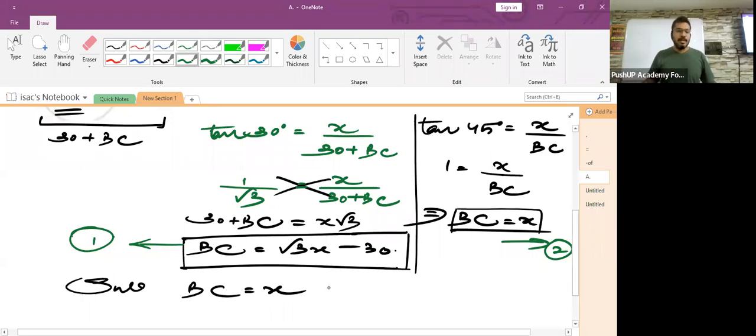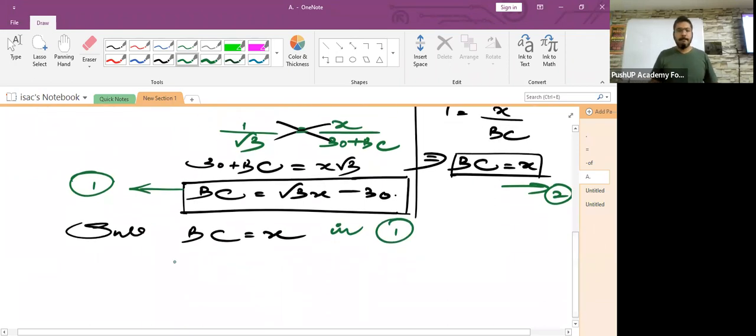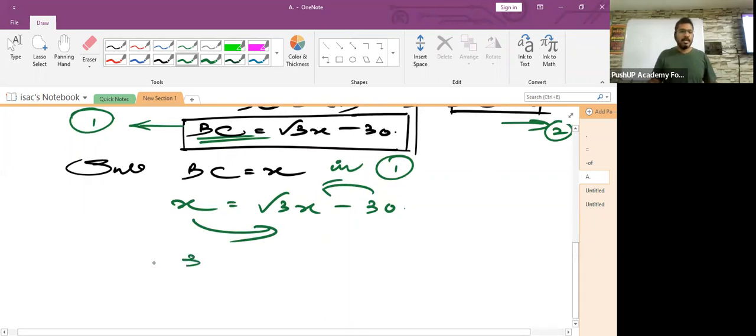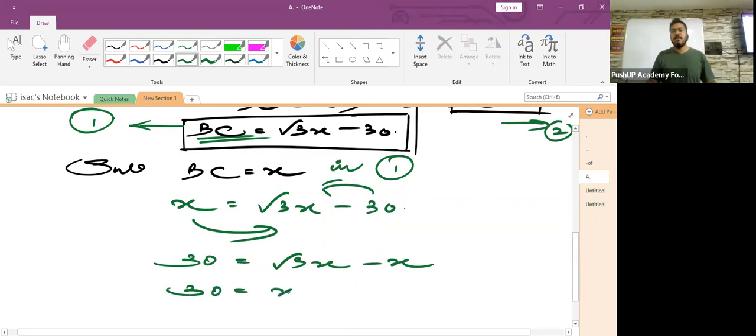All right, so substitute BC is equal to x in equation number 1. So BC is x. x is equal to root 3x minus 30. Children, what I did here, I just replaced this BC on the left hand side with x. Is it clear? All right. Now, what to do next? I'll bring this minus 30 to the left and x towards the right hand side. So minus 30 goes towards the left, it becomes positive 30. Root 3x minus x. Therefore, 30 is equal to